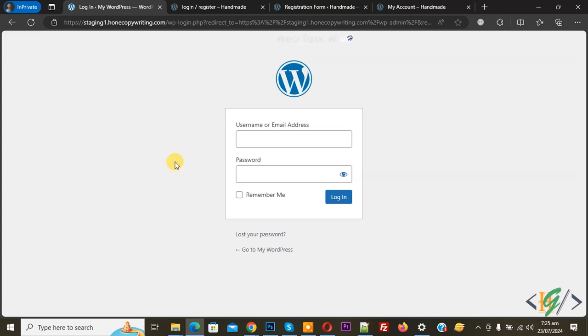Bismillahirrahmanirrahim. Assalamualaikum. My name is Hassan and today we are going to add an extra authentication field in the default WordPress login